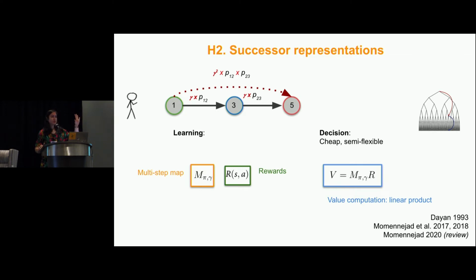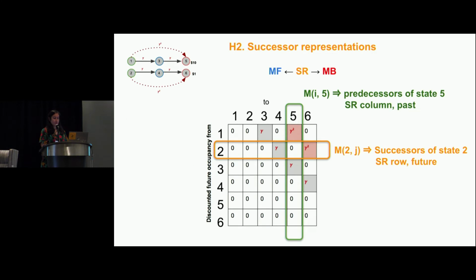So the successor representation here is shown as M, with a given policy and gamma, separately stored, and then the rewards of every state and action. And at the moment of decision, you do this very cheap computation, which is the linear combination of your representations and your rewards, which you have learned separately. In spite of the fact that they influence each other somehow, they are still separate. And like that, your value computation becomes easier.